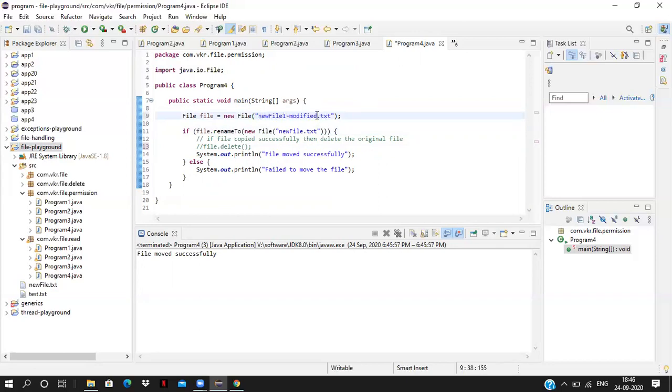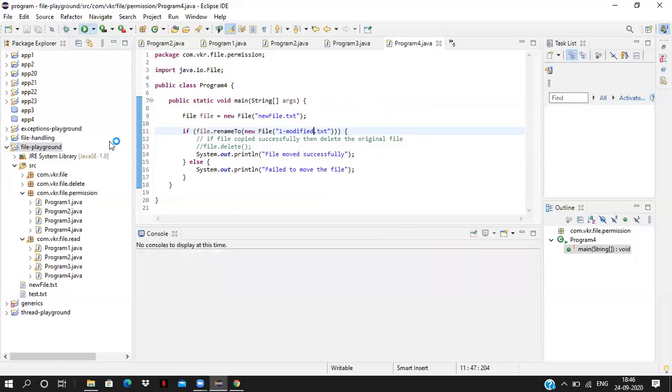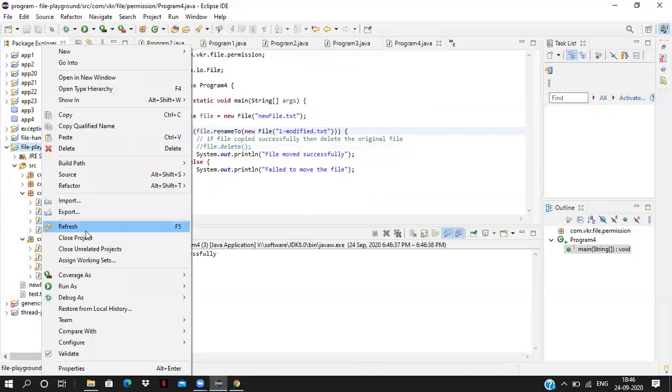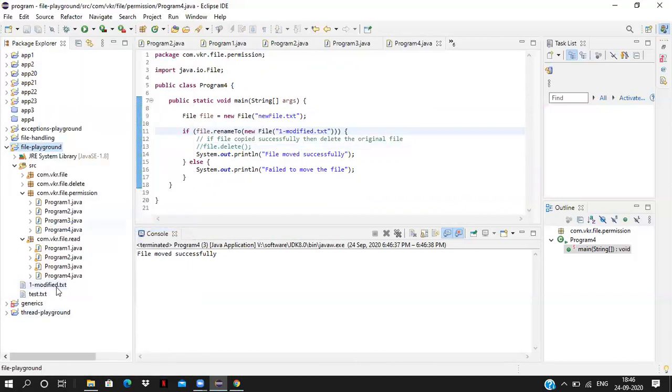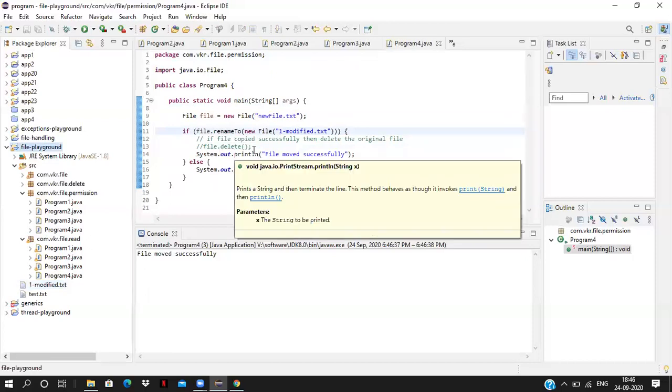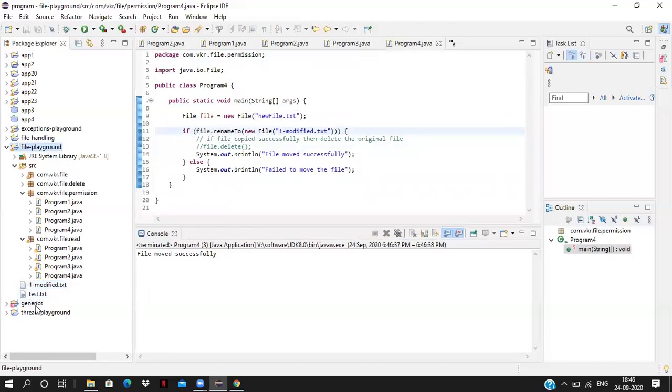I am not deleting the file, but I want to rename from the new file to 1.modified. By using the rename method, we can achieve that. Let's run this. We got the 1.modified file. Here we need not delete that file. By default, it got renamed.